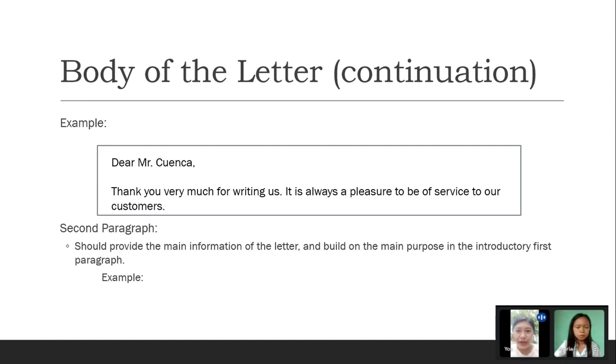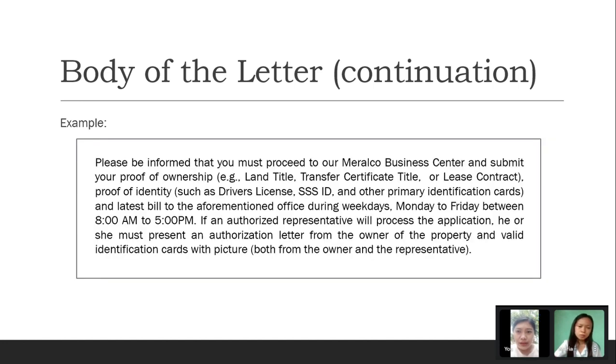So the second paragraph should provide the main information of the letter and build on the main purpose in the introductory first paragraph. Sample: please be informed that you must proceed to our Meralco Business Center and submit your proof of ownership: land title, transfer certificate title, or lease contract; proof of identity such as driver's license, SSS ID, and other primary identification cards; and your latest bill